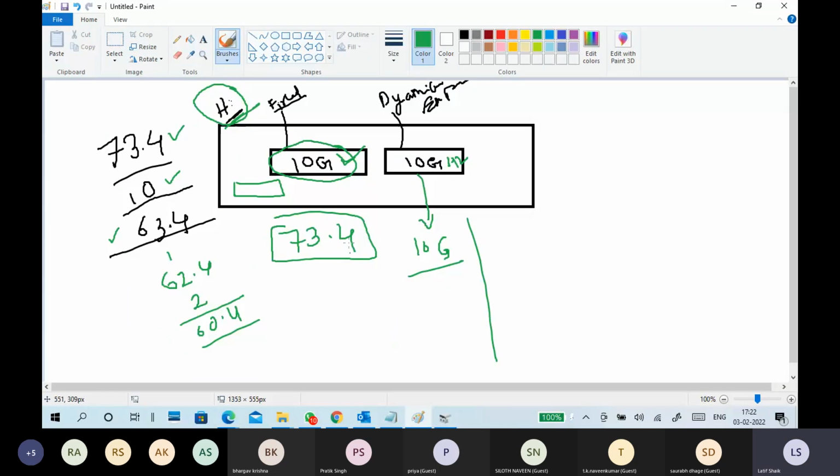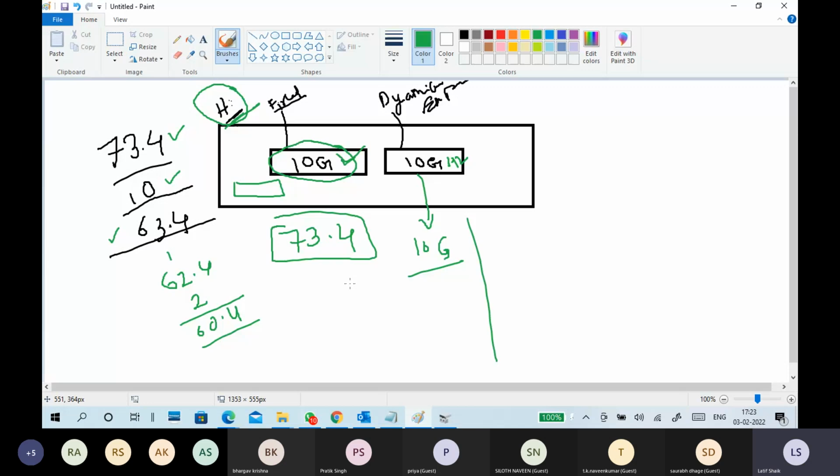So forget about fixed disk or dynamic disk for now. Simply, I have 73.4 GB of free space available. Now I downloaded a very big game, around 20 GB. Or maybe you have downloaded Windows 10 or Windows Server, around 4 or 5 GB. You guys have downloaded, right? Yes, sir.